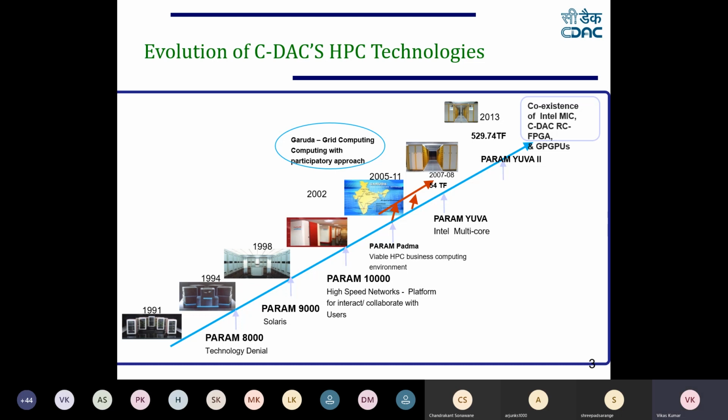And then here we say how we have evolved over the period of time. In the HPC area, we started way back in 1991, when we didn't get a Cray computer from the USA for weather modeling and weather applications. After that, we started this journey, and this shows how we moved from 1991 to 2013. In 2013, we currently have C-DAC housing this Param Yuva 2, which is a hybrid